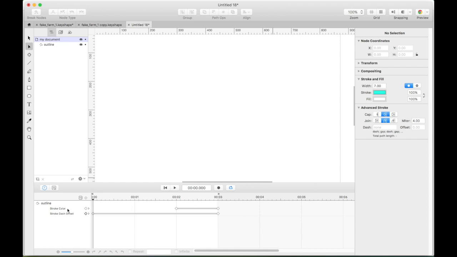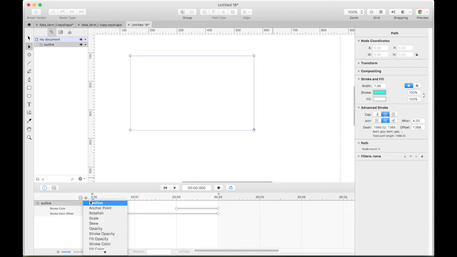I like that. Now again, you might not see it because it's such a small line. So what you have with this technique, let's add a third layer, which is neither stroke color or dash offset. If we click on outline, then we can add another one called stroke width. So you have options over all these. So I'm going to take stroke width, and it starts right now at 7 points.